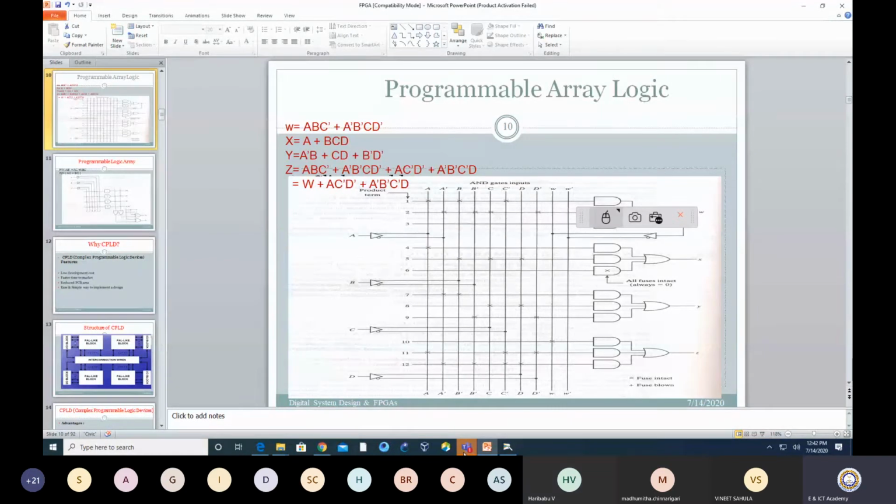That is good enough for me. Now, when I say more programmability, what is the drawback? I need to provide a fuse. Ultimately, whenever I provide a cross at an intersection point, that is programmability. More and more intersection points means more and more programmability, but at that time I also need to consume more energy.